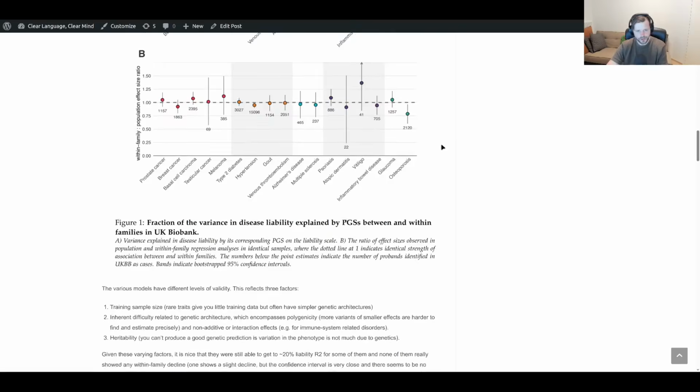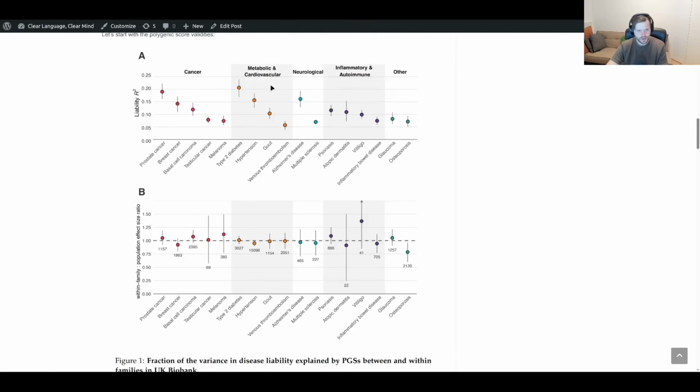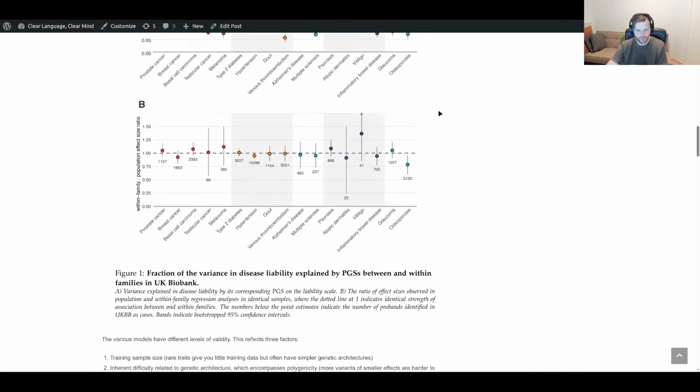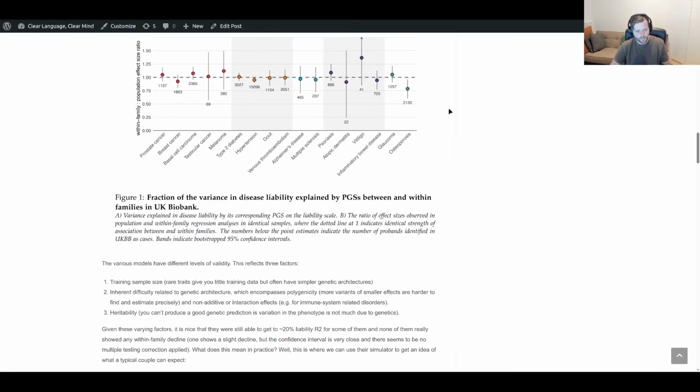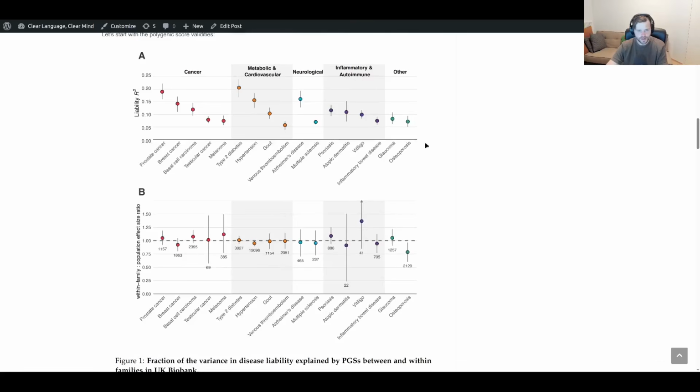Of course, there are also differences in the validity, as we see here. And we can of course wonder why this is. Well, there are roughly three factors. First is the sample size. For some of these, there's just more data available, for instance because the disease is more prevalent or